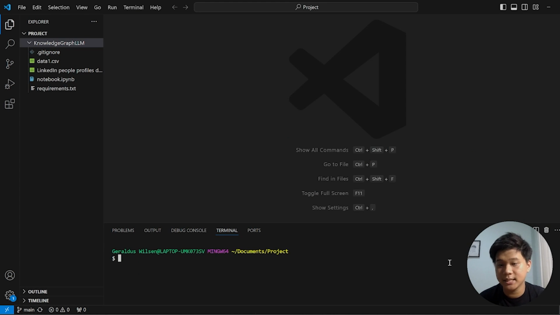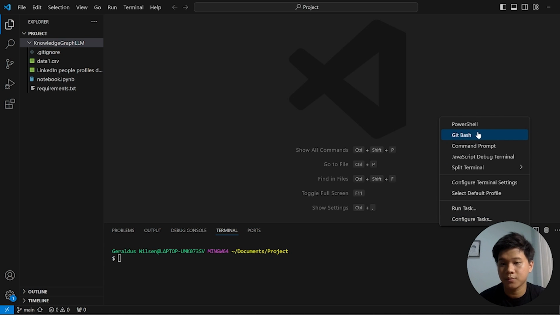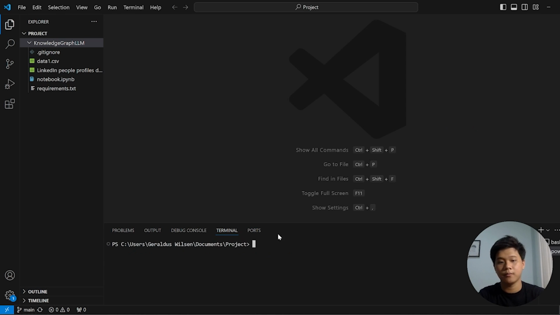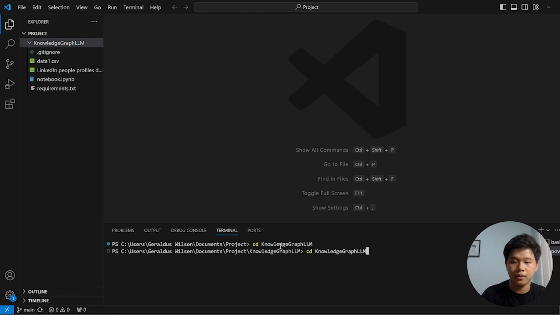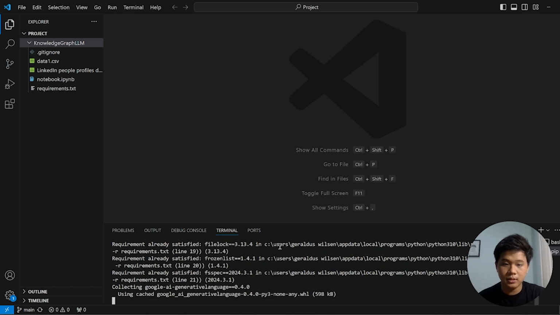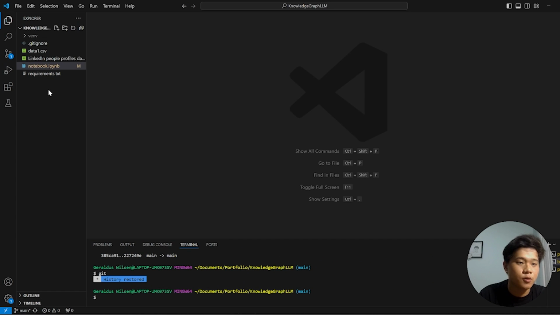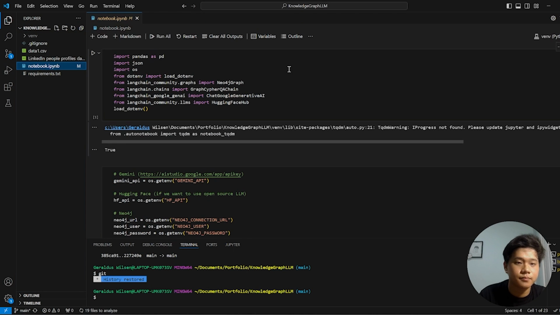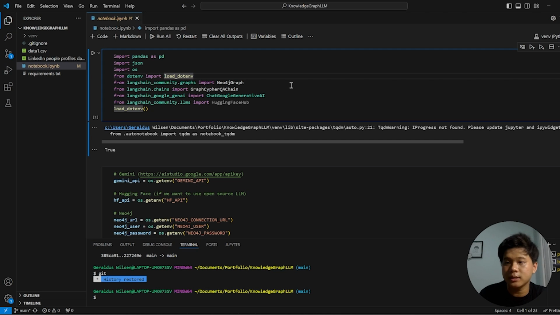Okay guys, once done, our next step will be creating a virtual environment. So just go to our folder and then do pip install like this. It will take a few seconds, so I will skip this part. Now let's open the notebook that we have in here. Since we have already installed all the dependencies from the pip install that we've just done before, so let's